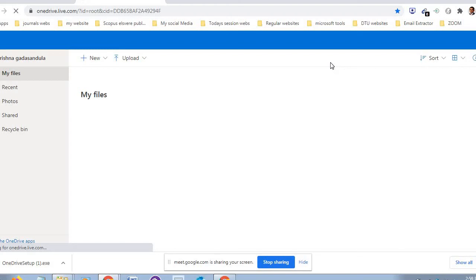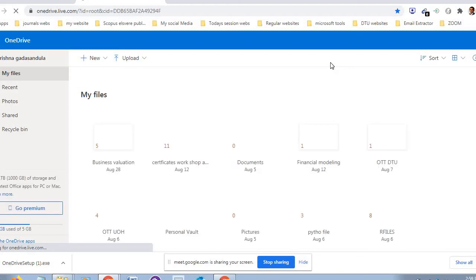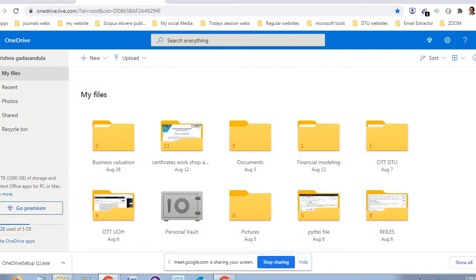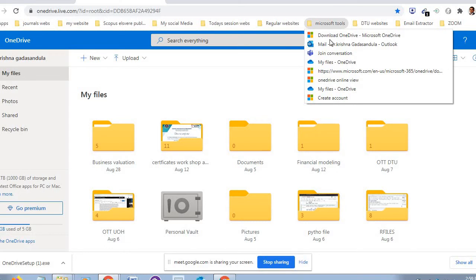This is online OneDrive. Previously I have shown you offline. This is online OneDrive because I have already signed in here. You see, my picture is coming here. My picture coming here means I have already signed in to the account, so that's why it is automatically taking. That is the greatness of the Google Chrome profile, because I am storing everything here. Just one click away, I can go ahead.